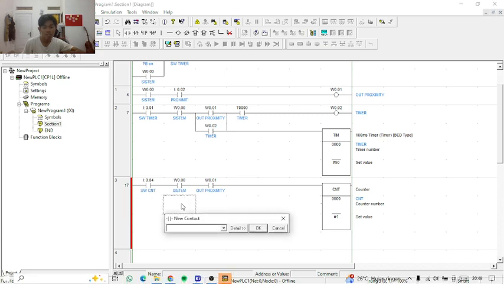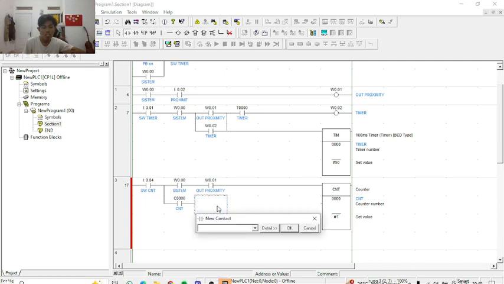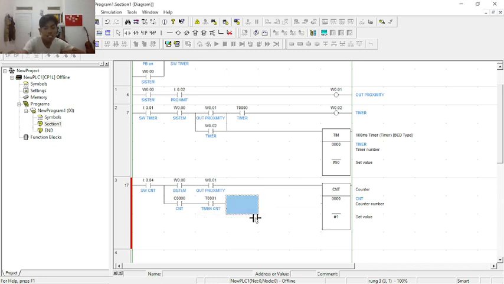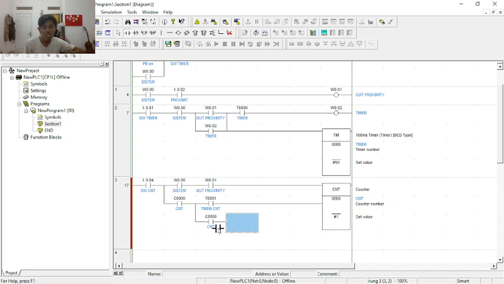and then add also here C0000 CNT, also add D0000 for the, sorry, D001 for the time CNT, and we will add also here C000 CNT. Wait, maybe